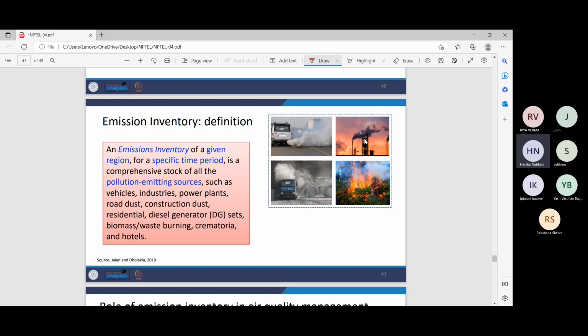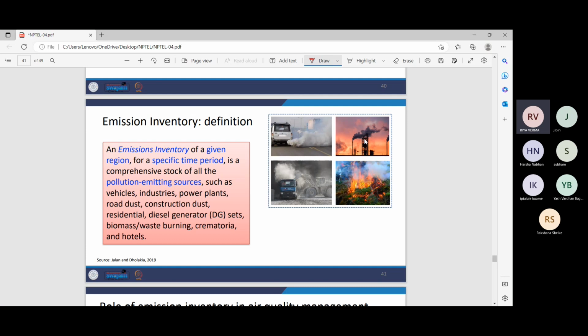What is the difference between emissions inventory and emission factor? Okay, see, an emission inventory is the record of the total emission from a certain pollutant source. It gives us the total amount of emission from a particular source. That is your emission inventory. And not just one particular source; basically, it is a record of all the pollution sources within a certain environment. For example, if you consider a city or a specific locality or a township or anything, so it is for that